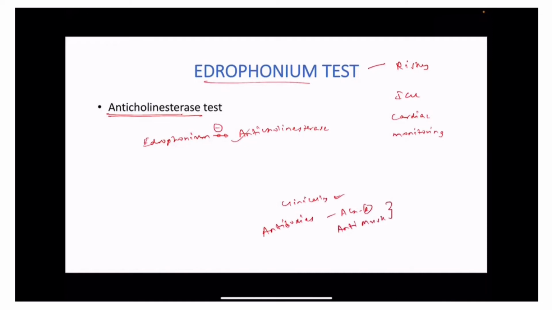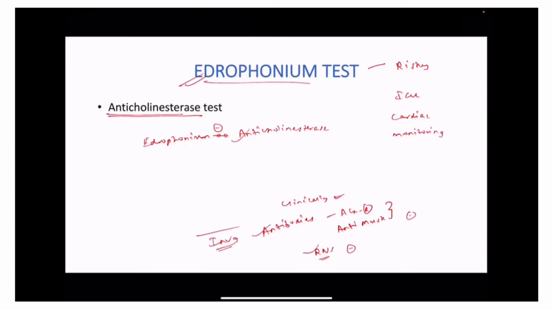So once all the antibodies are negative, along with that your repetitive nerve stimulation test is also negative, now we are in a dilemma where we think clinically this patient has myasthenia, but these investigations are not yielding any fruit. So only in those settings this test is reserved. Very, very rarely is this test done now, because the patient can have a lot of side effects. The patient can have autonomic features, nausea, vomiting, salivation, all those things. The patient can drown in his secretions. That is why we don't do this test anymore. A lot of times we don't do this test. It is only reserved where there is a dilemma because investigations are not yielding any fruit.